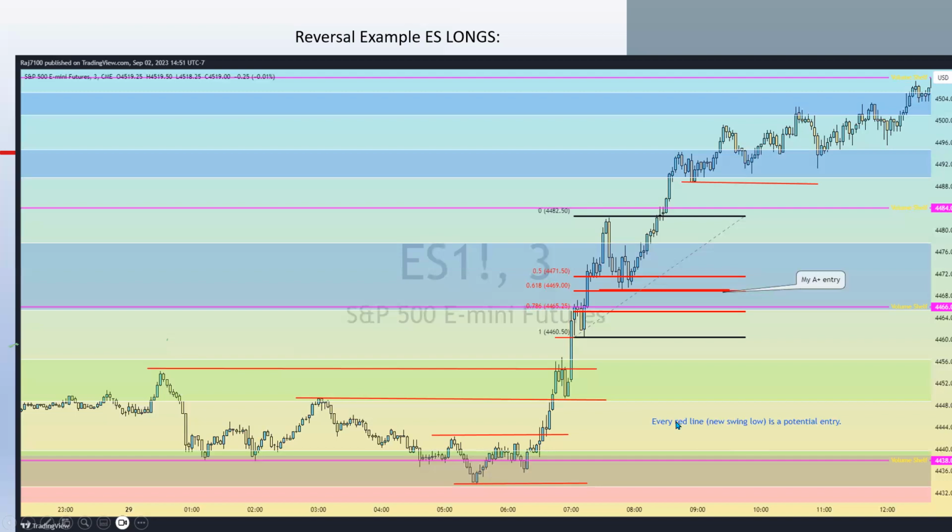And yeah, exactly, guys. I forgot to say this, but every red line, every new swing low, if you just trade market structure, if you just trade these red lines, those are all potential entries for you guys. As soon as these hold or break, they all become potential entries with your stop loss being the previous swing low. So that's another reason why these reversal trades can present some of the best risk to reward trades out there rather than the trend trades, because